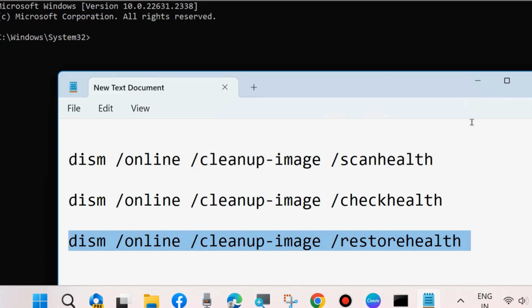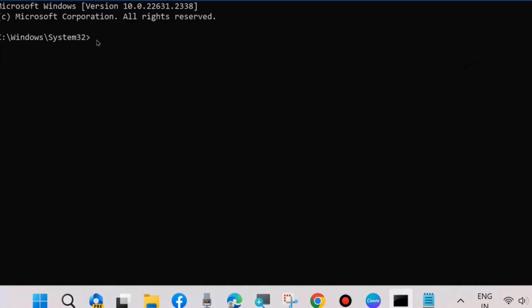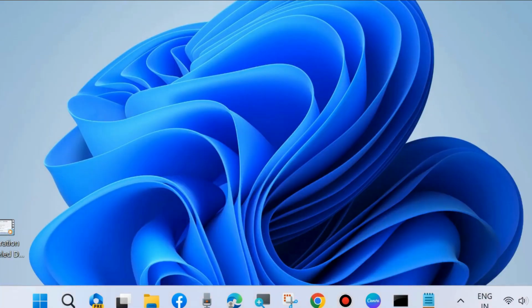And once all these three commands successfully executed, thereafter run SFC scan now command to check any corrupted system files in your system. Press enter and let the window scan your system. After that, restart your system. Your BSoD error definitely